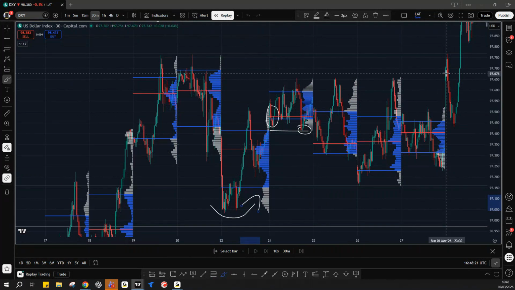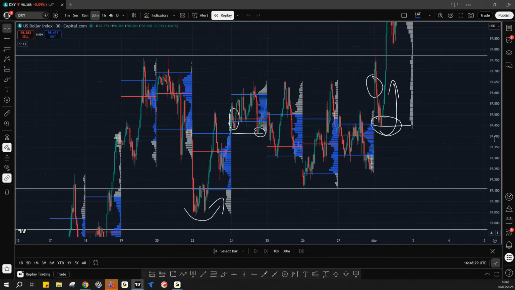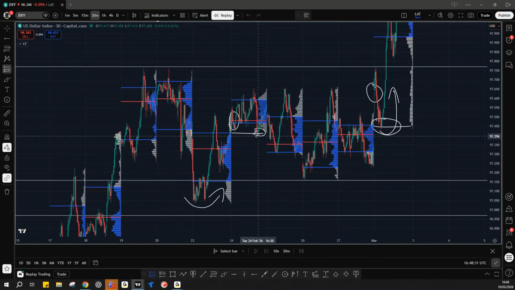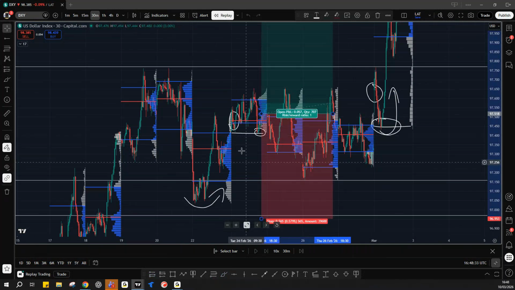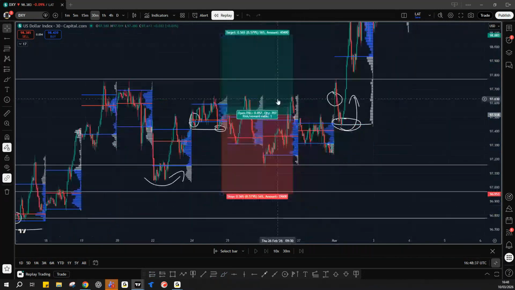A similar thing over here. So we've opened above, come back into that value area high to then move off this level. If you were doing it as part of a bigger setup, then I'd make sure the stop loss for this was still behind our higher time frame support. So don't go too tight with that for those trades.